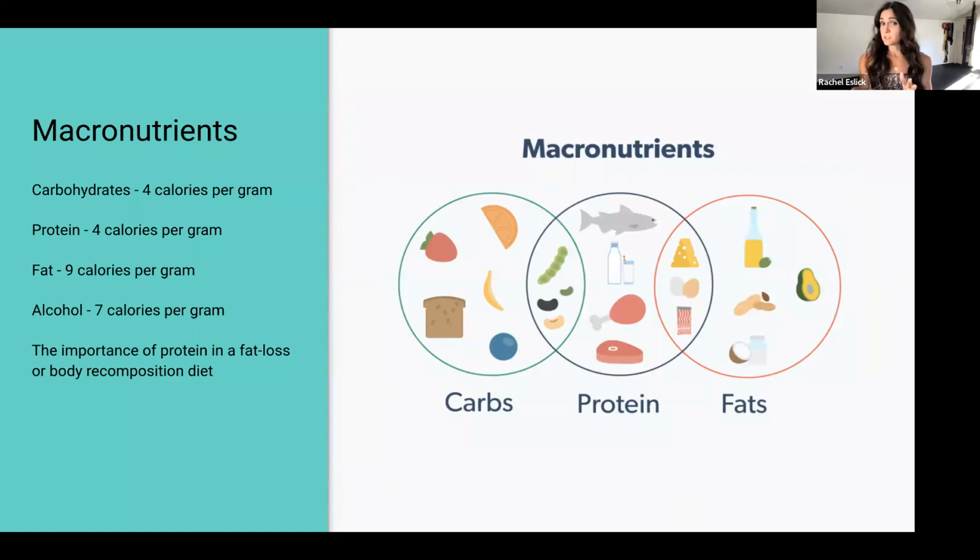So this, I believe it's a Venn diagram. This diagram shows us some carbs. So some examples would be the bread and the fruit. Protein. So there's fish, there's dairy, there's chicken, probably steak. And then there's fat. So that's going to be things like our cooking oils, nuts, coconut. And then there's like the in-between stuff, right?